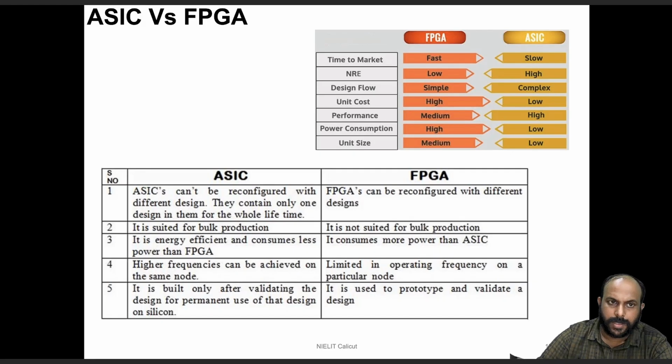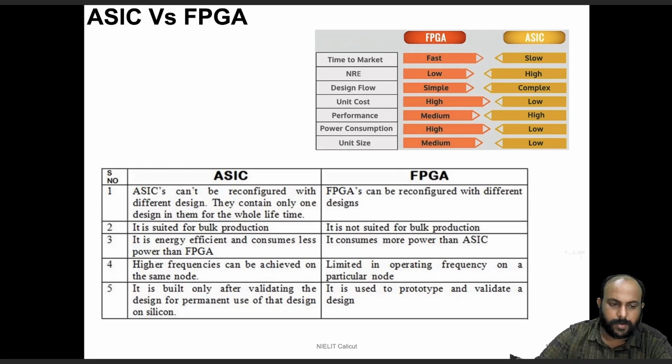So if you look at what is the major difference between a very much frozen ASIC versus a reconfigurable FPGA. FPGA, as I told, is a reconfigurable or programmable IC only. ASICs once formed cannot be reconfigured with a different design. They contain only one design in them for the whole of their lifespan. Whereas FPGA is for reconfigurable computing. It's a platform, or a fabric, that can accommodate multiple logic. So you take an FPGA, you put a design. Once that design has served its purpose, you can use the same platform by reprogramming it for a different design. So that is the benefit of FPGA.